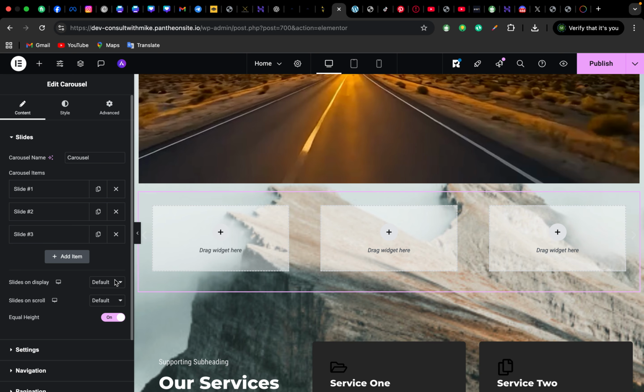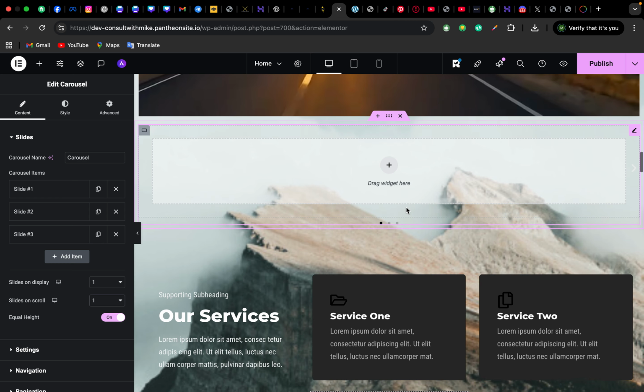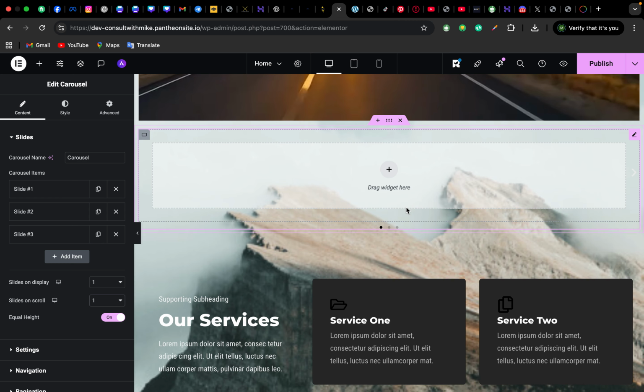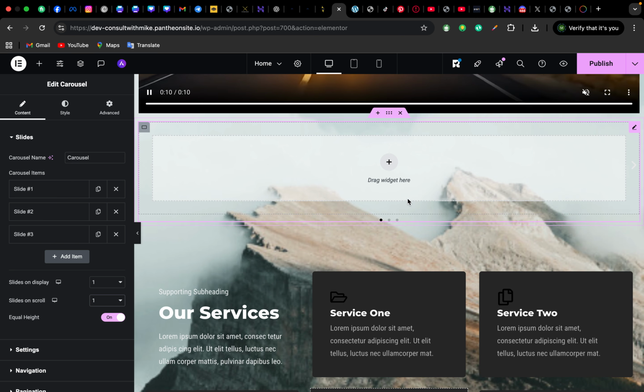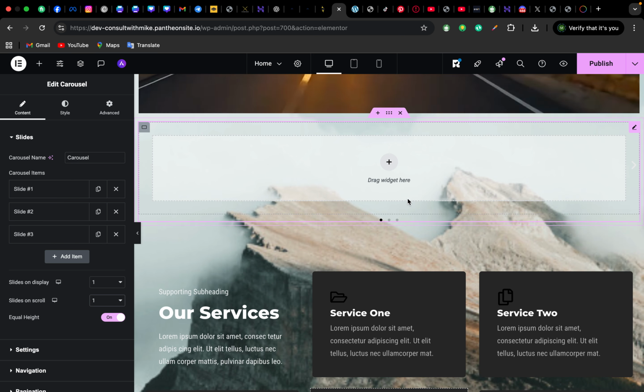From here you can make the settings. If I want it to display one by one, I can set it up to display one by one. Here I can add 3 slides, but each slide will display one by one. Also, if I want the slides to display on scroll, one by one also, once you are scrolling on it, it will still display. So the page won't be static. If I'm scrolling off the section, it will still be displaying that particular service or image I want to render